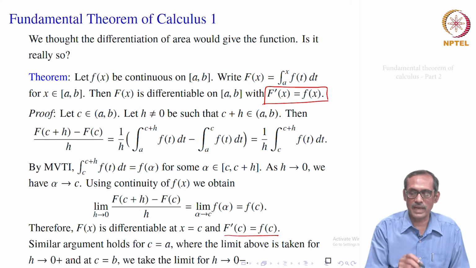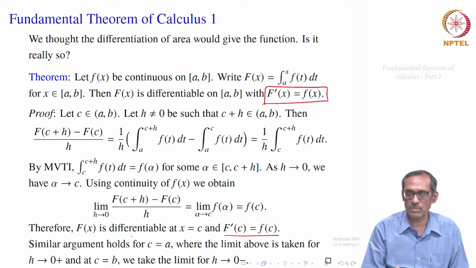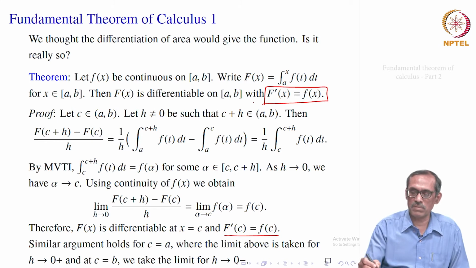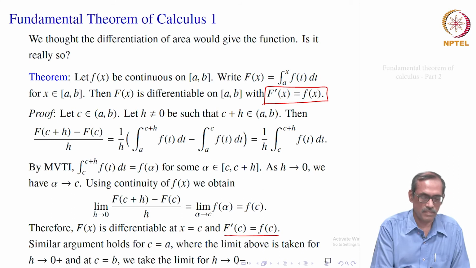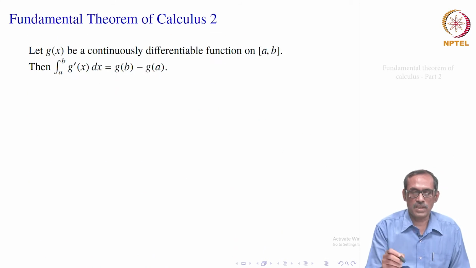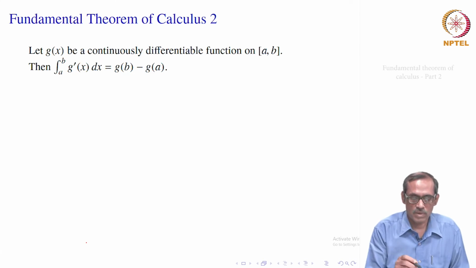So, this is only one side of the inverse process as we have thought. Okay. That is, if you have f of t as a continuous function, this particular F you would define, then its derivative will be equal to f of x. So, the derivative of the integral equals the function, that is what basically it says. Okay. Let us see the other process, that the integral of the derivative should be equal to that function also.